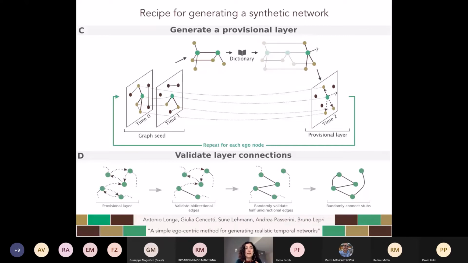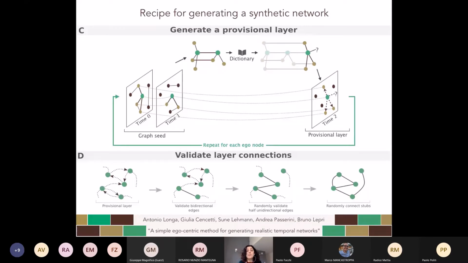So the open links, we connect pairwise, and again randomly. Okay. So at the end, we have obtained the third layer of our temporal network. Then we can go on and generate the fourth, the fifth layer, and so on, as many times as we need to